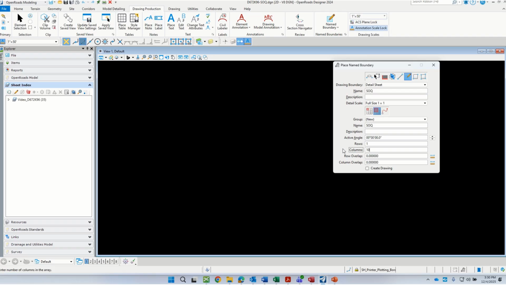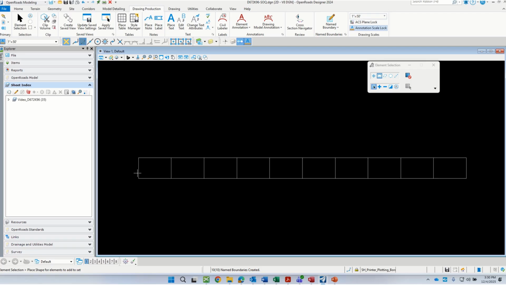You're most likely never going to use 10, but it won't hurt to have the name boundaries out in the file. And then we're not actually generating models yet from all 10 of those. We only generate them as we need. So I like to just place 10 out there. Okay. And then I'm just going to hover anywhere on the design plane here, data point. And there's my 10